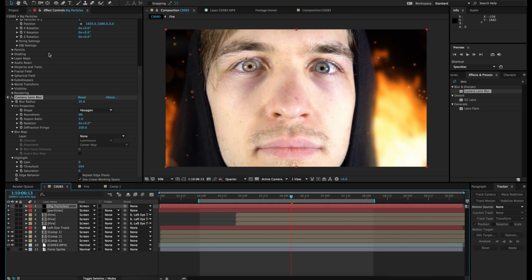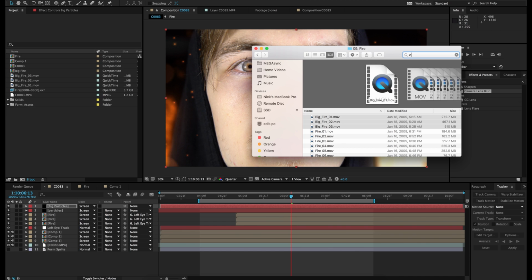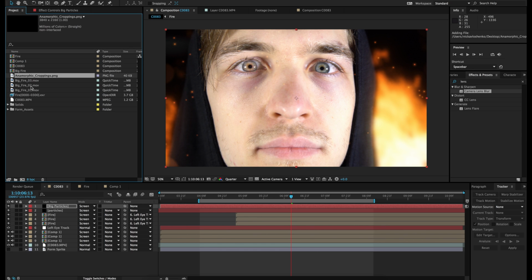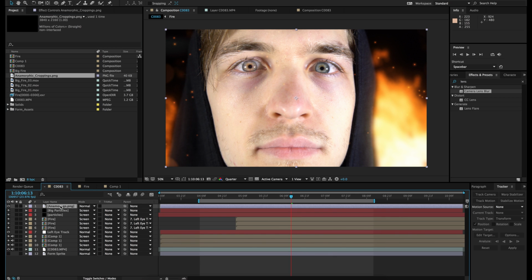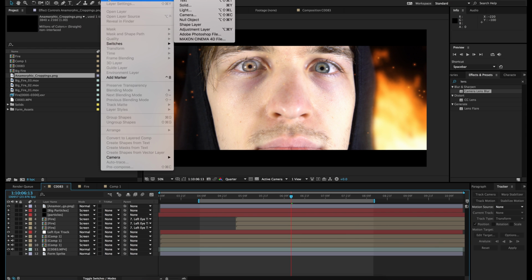And now the last steps to add here are the anamorphic crop, which I'm going to do the way everybody hates, which is just dropping in an anamorphic crop file, because in reality what you're supposed to do is crop your actual composition, but this is the way I'm doing it for the sake of the tutorial. As you can see, boom, we cropped it,